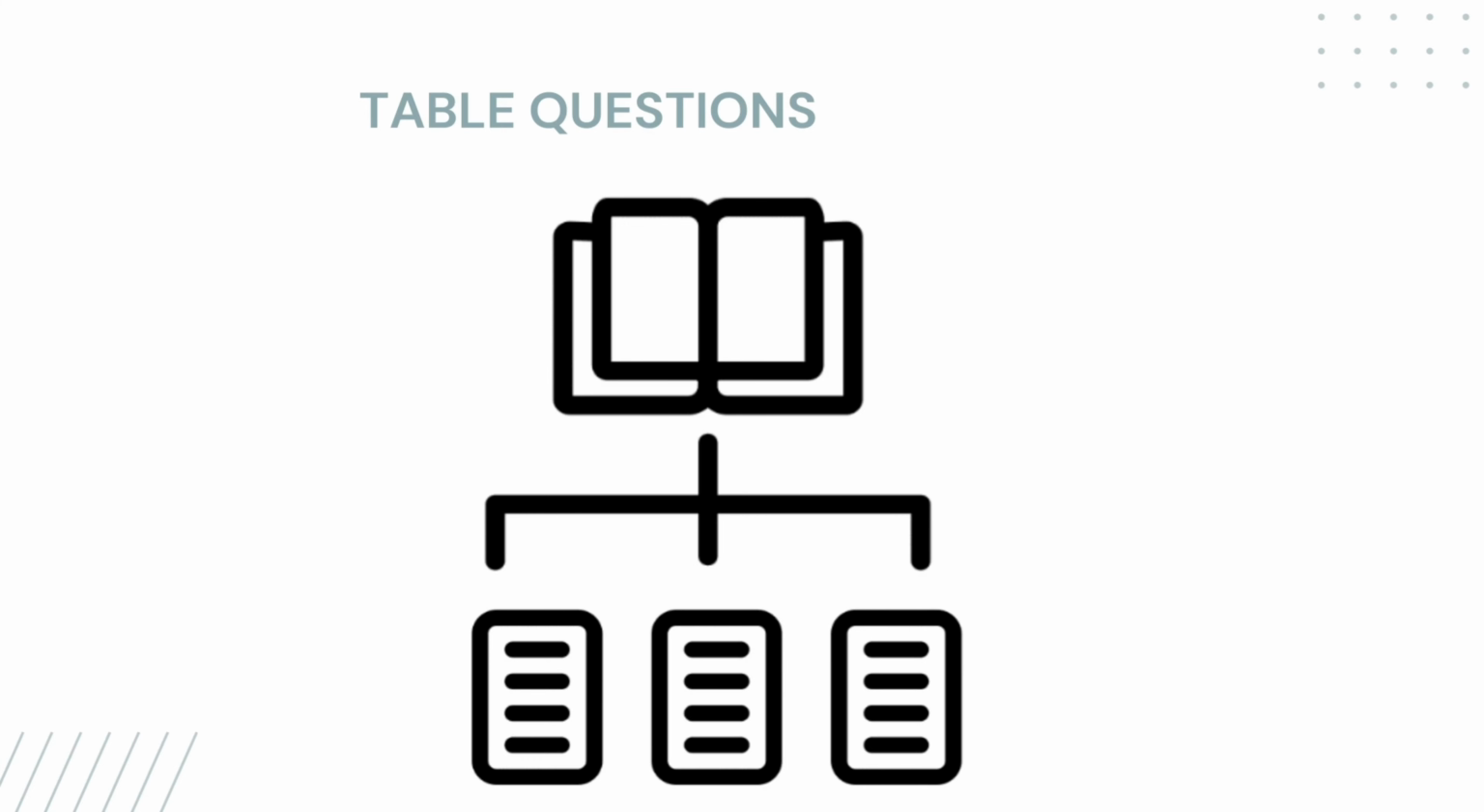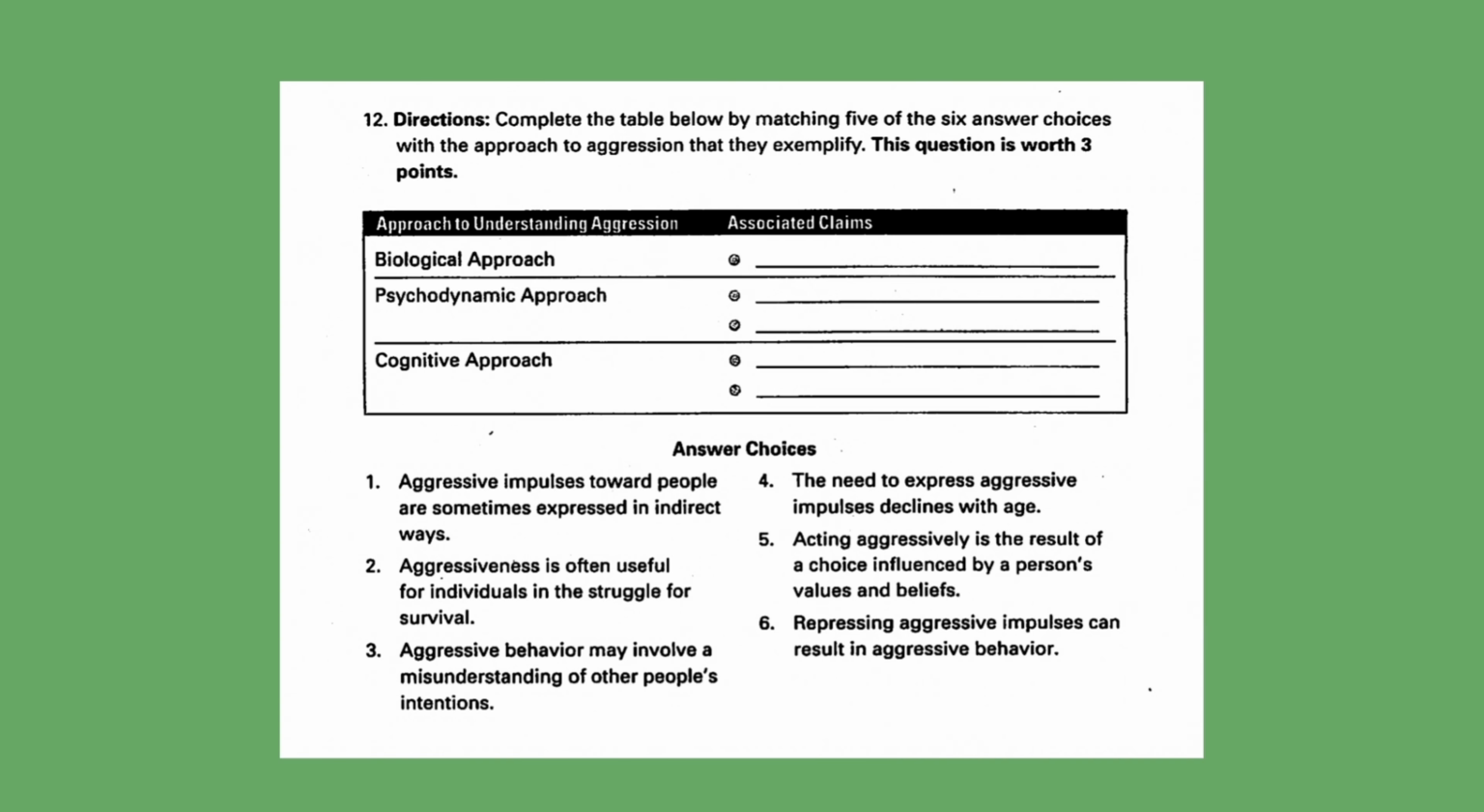Table questions are a lot less common than summary questions. So we're going to do 1 table question practice today and 3 summary questions. A table question asks you to complete a table. Here's an example from a textbook. You can see that there's a table with 3 categories, and they want you to place the answer choices in